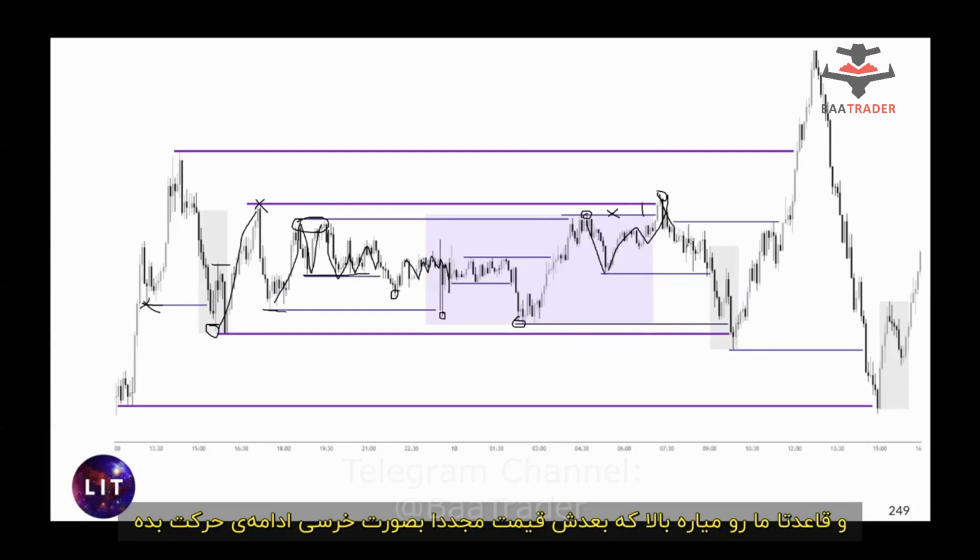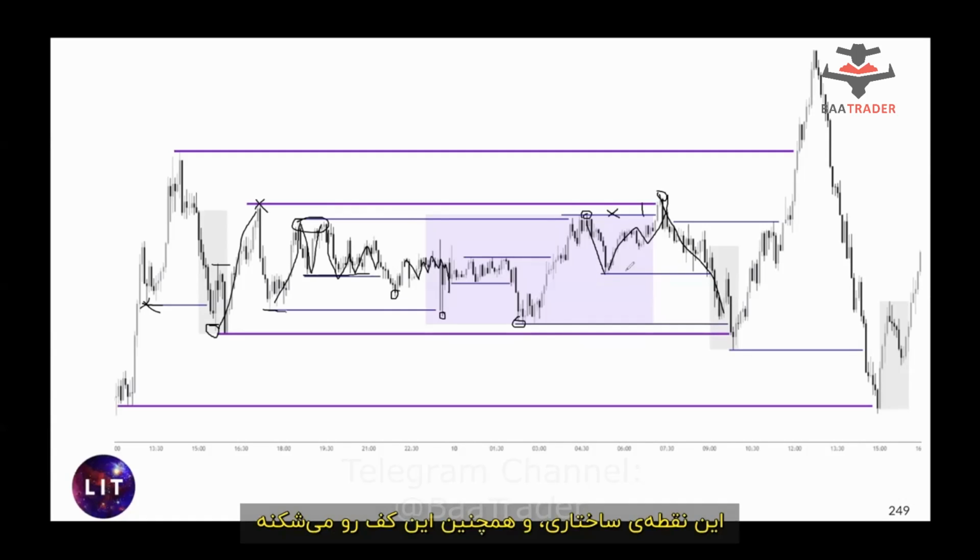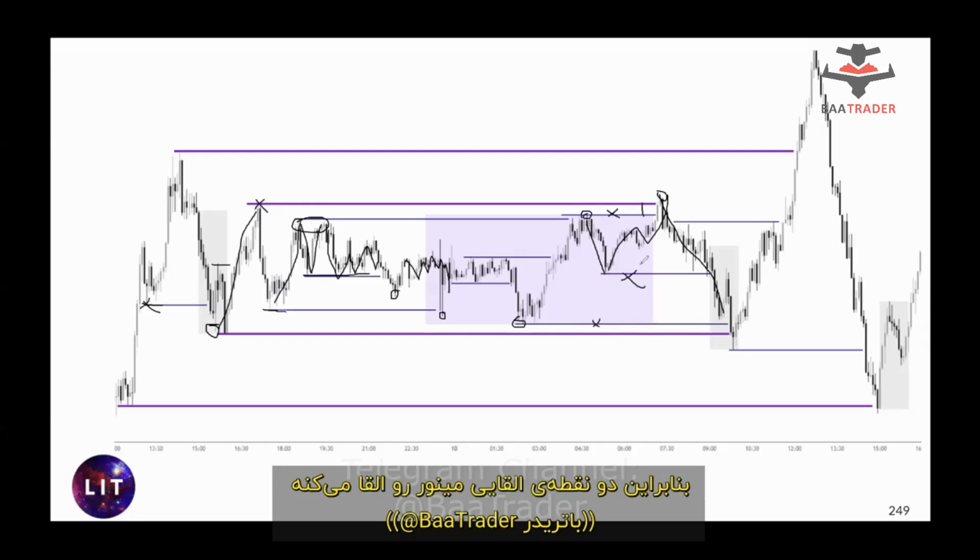And that of course gears us up for price to then continue bearish, take out this structure point as well as the low. So it induces two minor inducement points